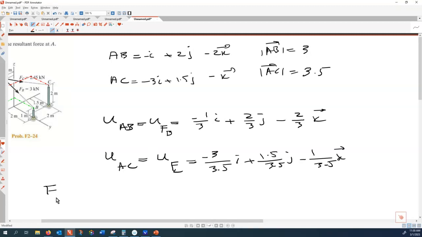So FB is magnitude of FB multiplied by unit vector of FB, which is 3 kilonewton multiplied by